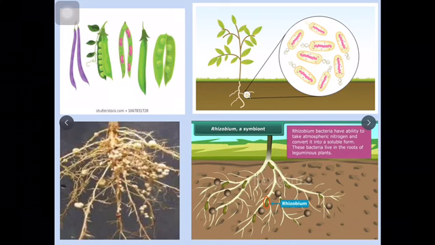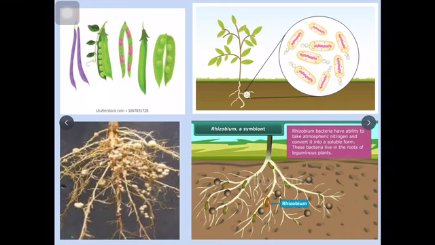Why are they circular, why do they have these round structures? So scientists wanted to know what is the different thing in these plants that they can live without any fertilizer, or why their roots have these ball like structures. When they studied it, they found that inside these roots there are living some bacteria which are called rhizobium. So rhizobium is a symbiotic organism which lives in the roots of leguminous plants like pea. Rhizobium bacteria have the ability to take atmospheric nitrogen and convert it into soluble forms or nitrogenous compound. These bacteria live in the roots of leguminous plants.